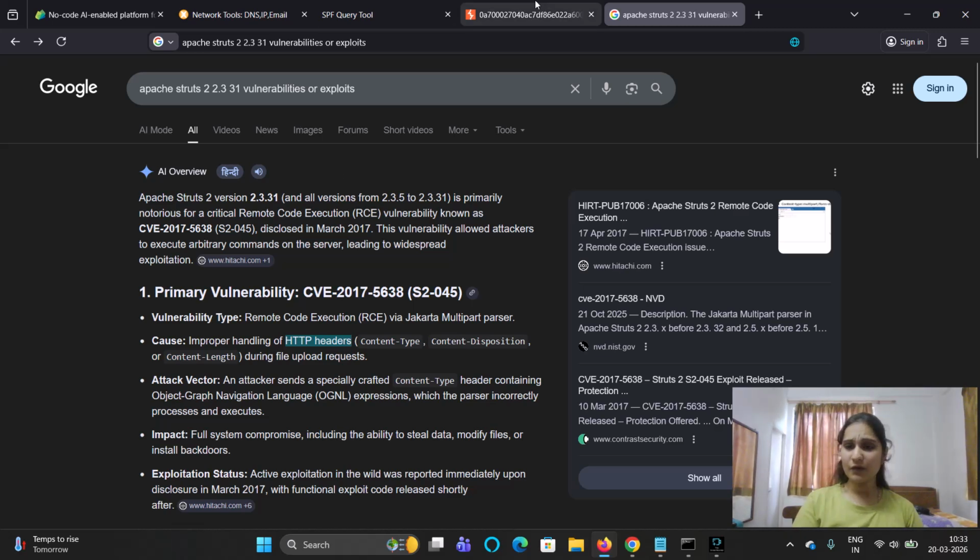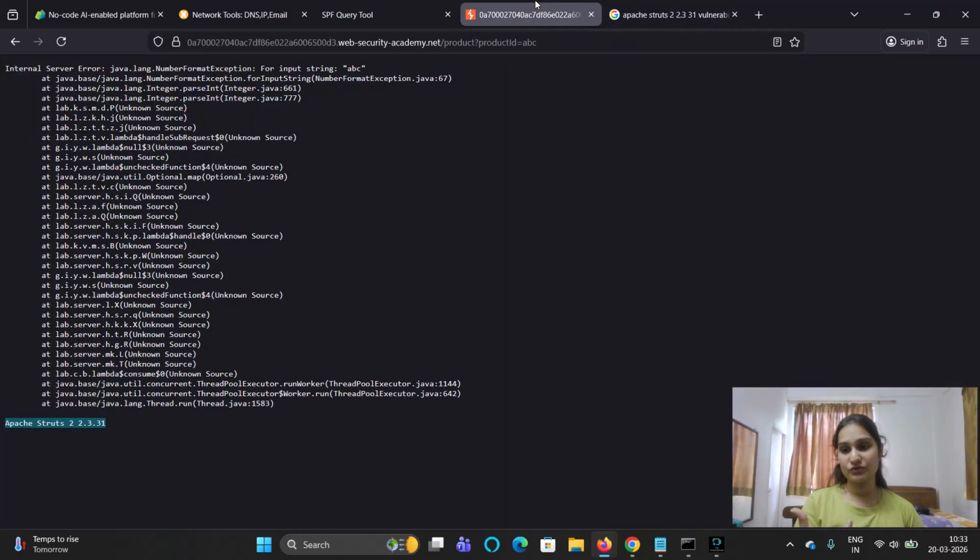What you can do is capture a POST request of this particular request, and you will get a product ID equal to 1. You can send it to Repeater, and after sending it to Repeater, you can try to manipulate it. When you send that request again, you will be able to see the version in the response section of the Repeater. So that's how things work, guys, and I believe you understood how information disclosure can be harmful and can be turned into a higher or critical vulnerability.